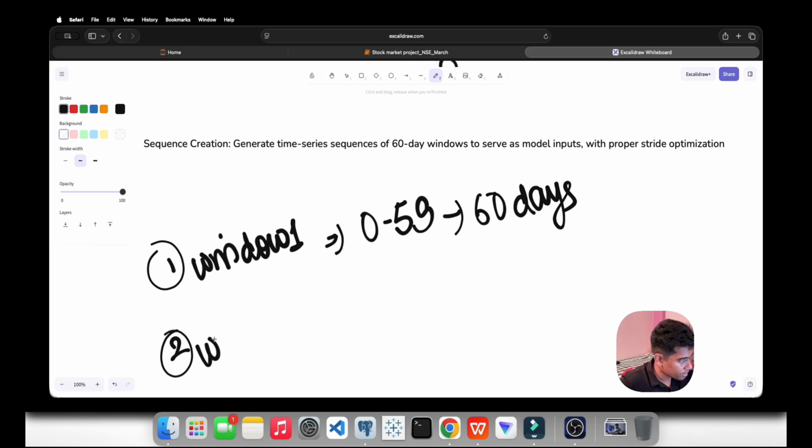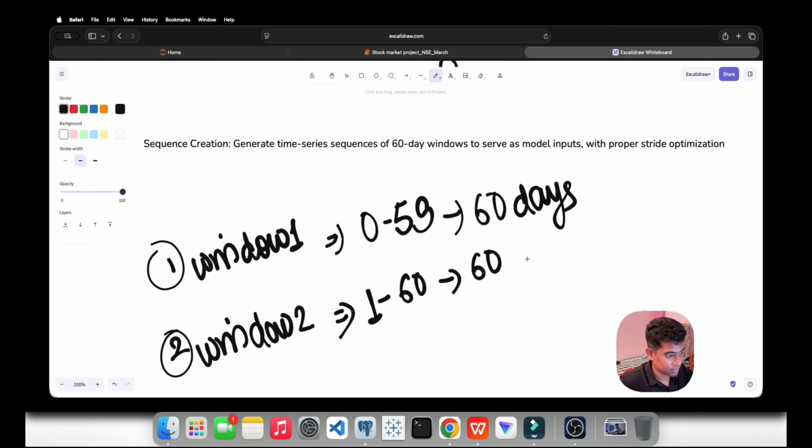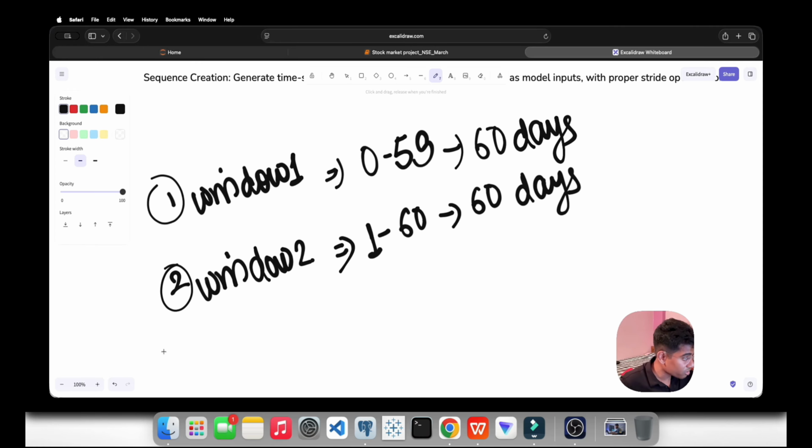Now let's take window 2. Window 2 is all about what? How many days here? 60 days. Right now you understood what I am trying to say.